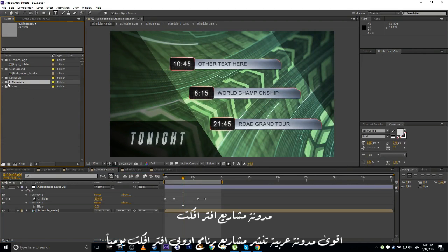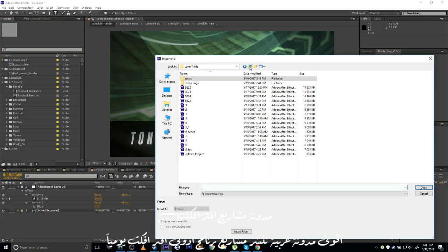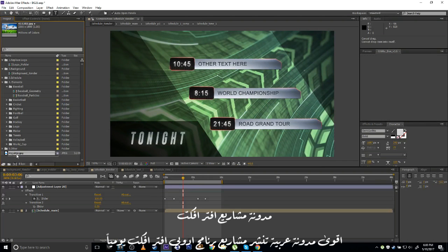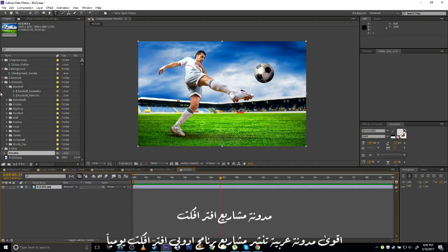I also have an extra folder here, four elements, which will be all the elements that are looping, so all the loopable elements. For example, if I import an image file, let's just import an image real fast. Here I have imported an image file and I'll drop it inside a new composition. Let's say I want to place my loopable element on this composition. I can just grab both of these